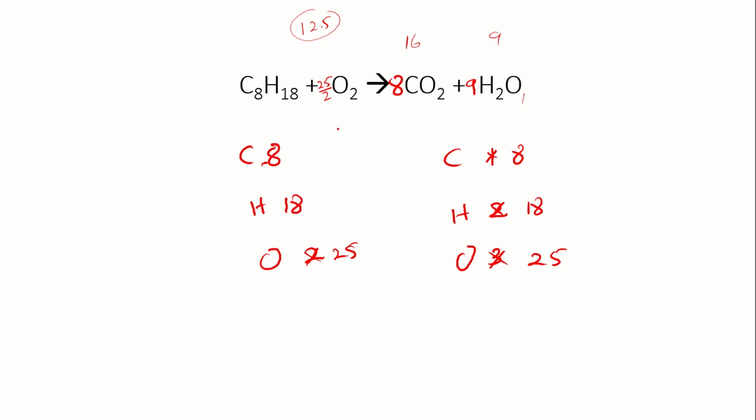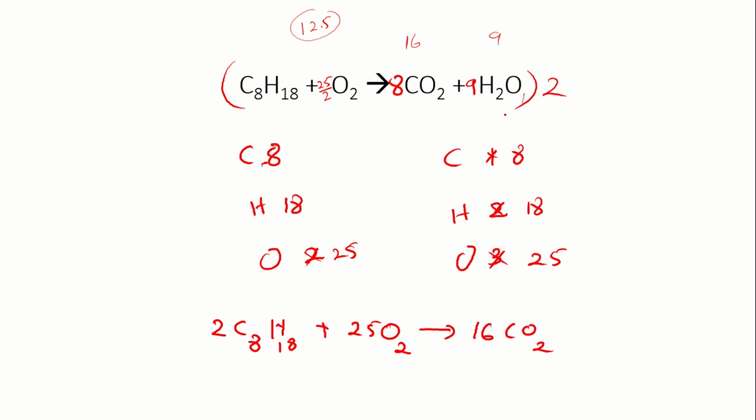Now, this is not a whole number ratio, so multiply it by a suitable number to get the smallest whole number ratio. That means you're going to end up with 2 C8H18 plus 25 oxygen molecules, 16 carbon dioxide, 9 into 2, that should be 18 H2O molecules. Now this is your balanced equation. Why? It is the one that shows the smallest whole number